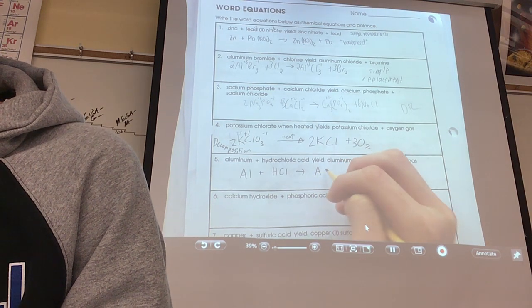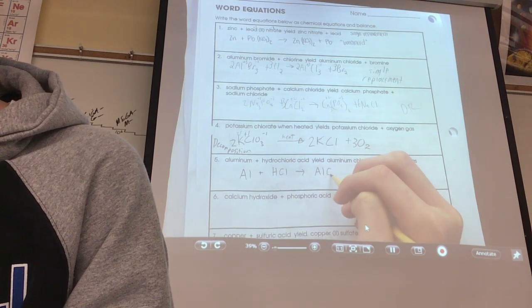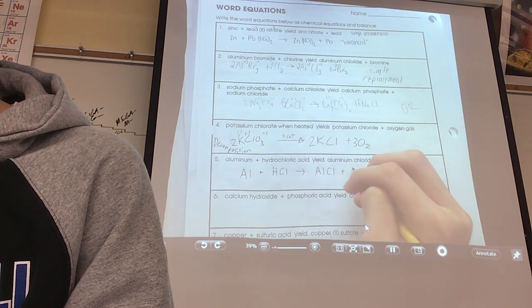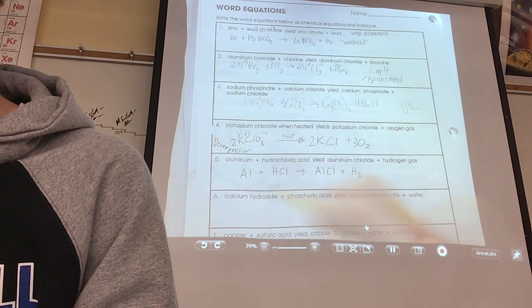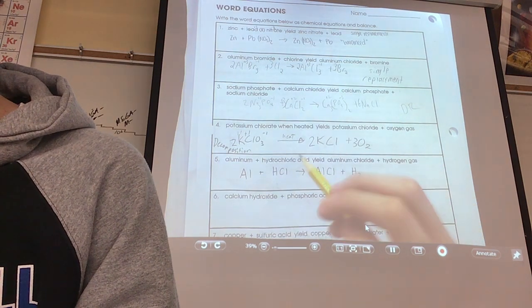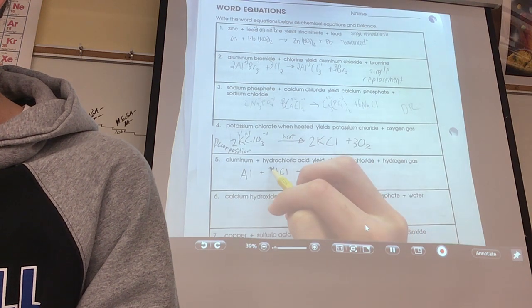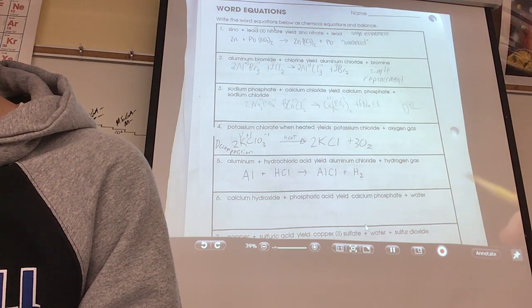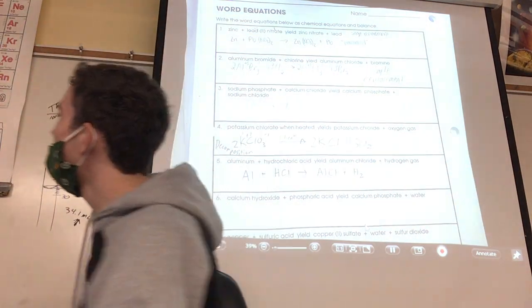So AlCl plus hydrogen gas, but hydrogen is a diatomic. So now it's H2. But then, since it's 2 over there, wait, look at this. So aluminum is plus